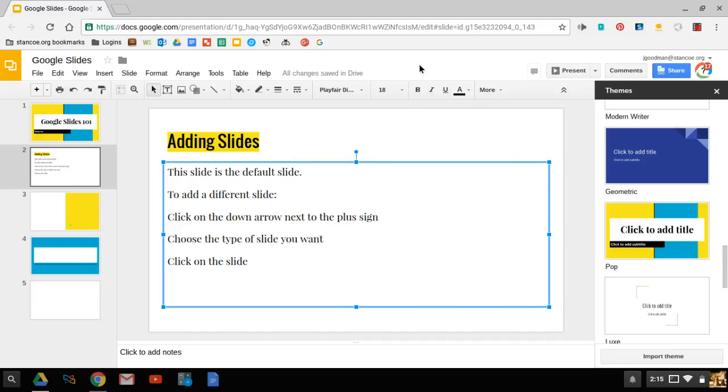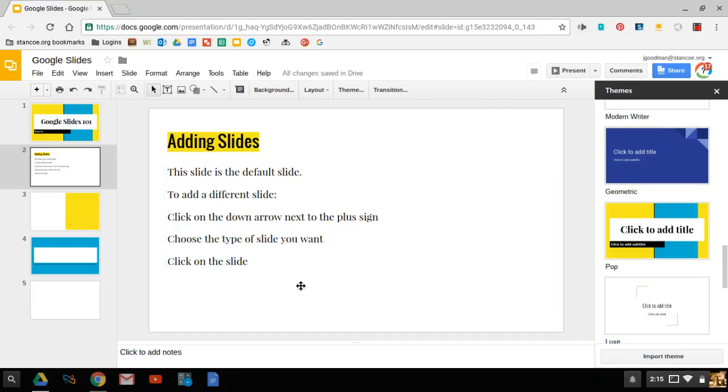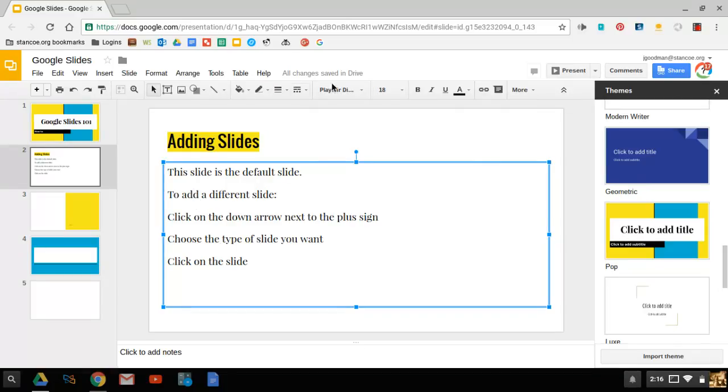What we want to do here is, normally when you come into a Google slideshow, you need to pick the area that you want to work in, because you're going to notice there's nothing here that will let us do anything with our text. But if we choose a text box, then all of a sudden all of our options for our text become available. You're going to want to be in this area right here, which is pretty much where you'll do most of your adjusting. If you're used to Google Docs, this is very similar and almost exactly the same as working with a Google Doc.